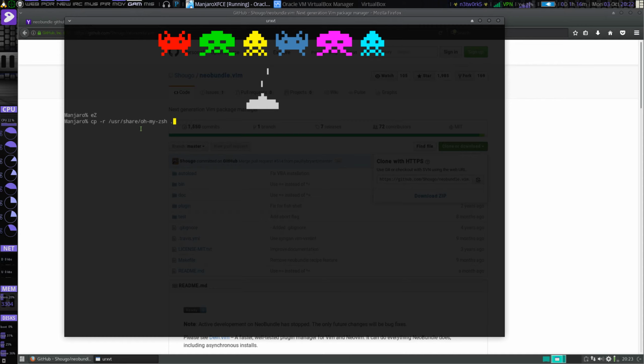You know what? I'm going to do this slightly differently. So I'm going to do an mkdir .oh-my-zsh, and we're going to copy recursively /usr/share/oh-my-zsh/* into .oh-my-zsh. There we go. Now Z. There we go. Cool. So this is the stock configuration, but we should be ready so long as I did do I